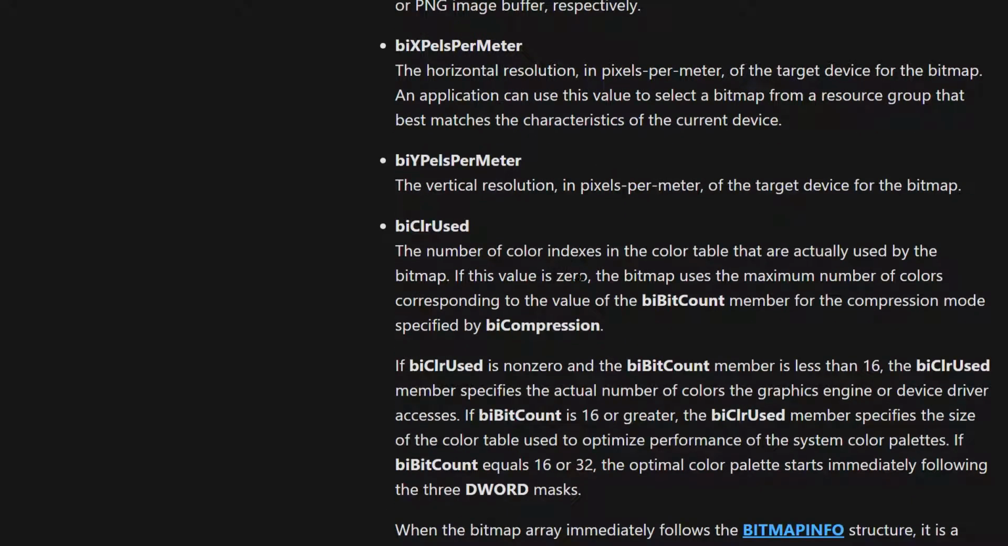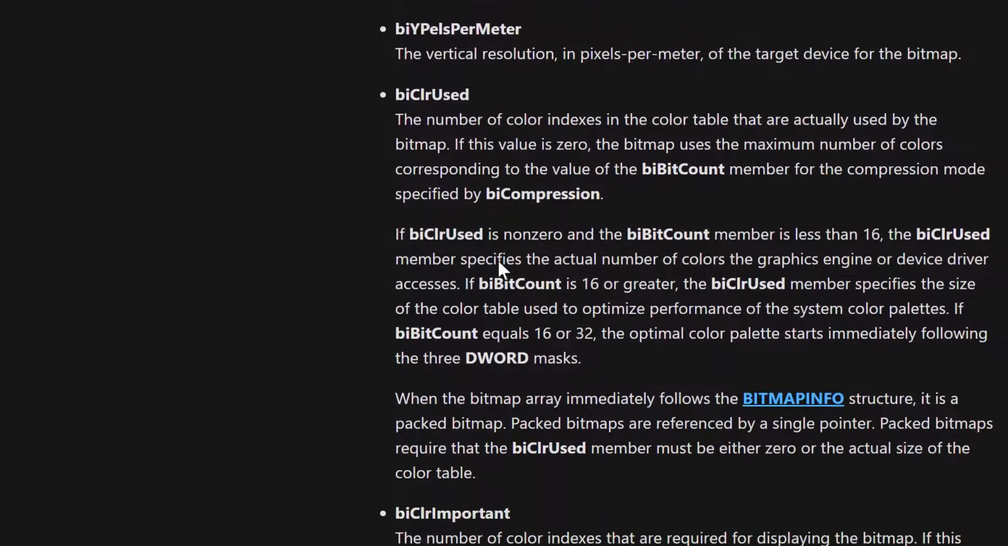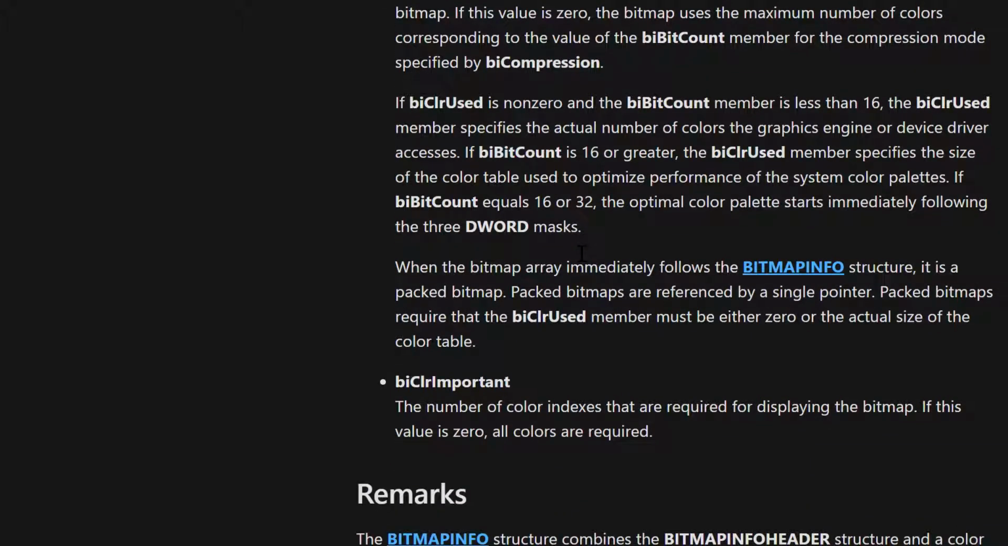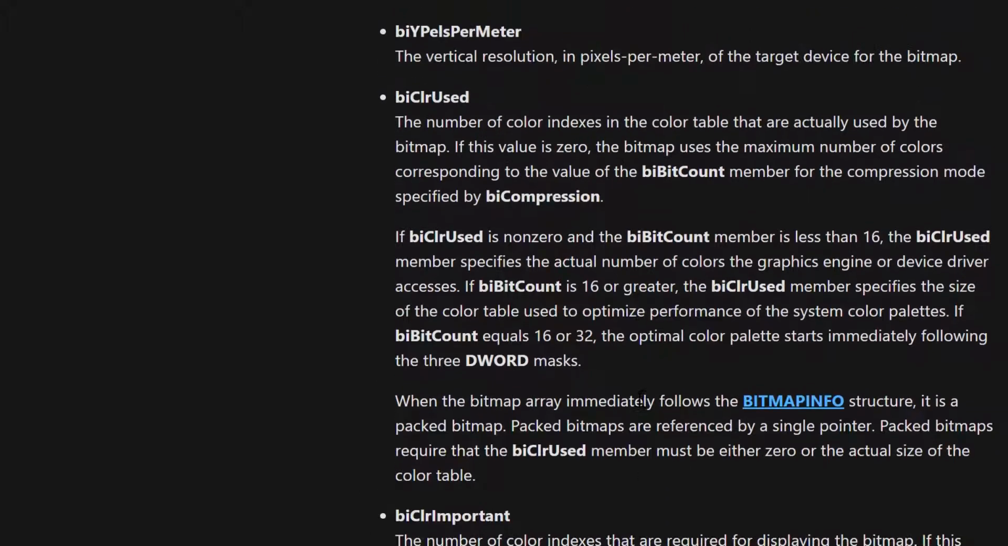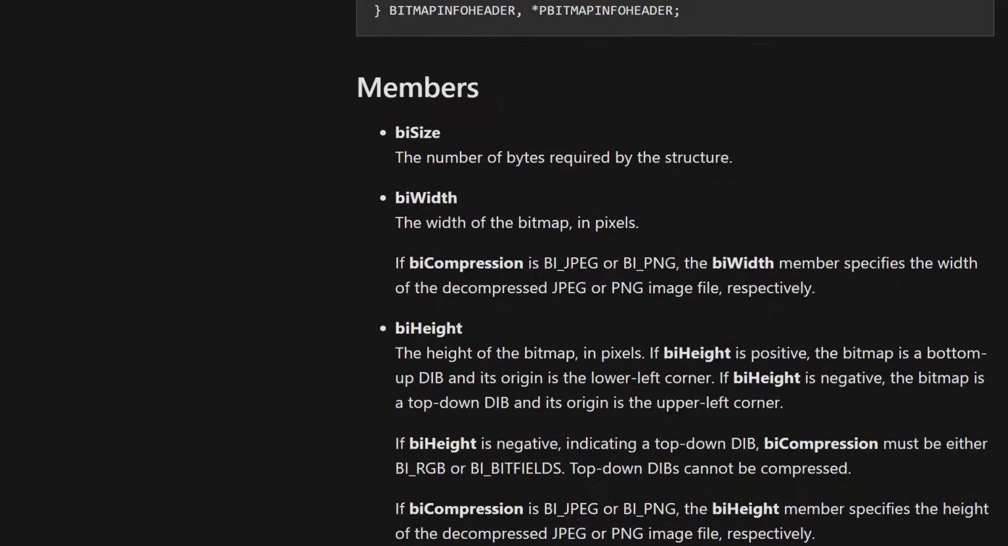Clear the number of colors indexed in the color table. Actually, we're not using a color table. Okay. Yeah, we don't care about it. The number of color index that are required to display the bitmap. If this value is 0, all colors are required. Yeah, okay, fine. So we think we have what we need. Let's see. Yeah. Alright. So